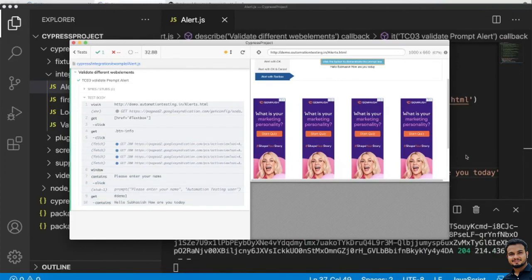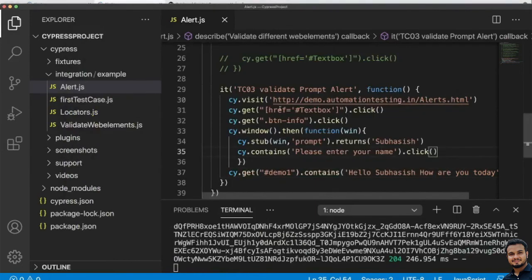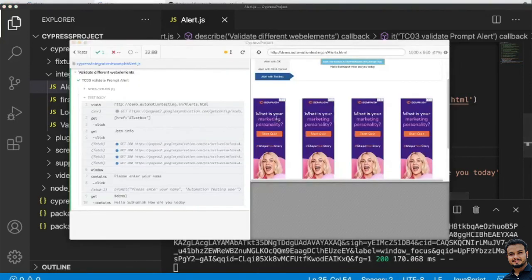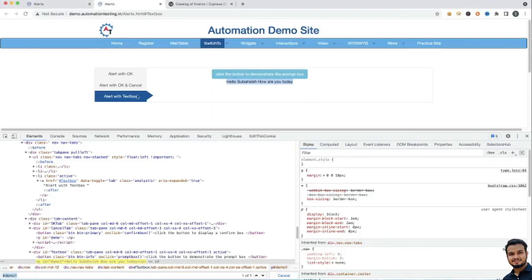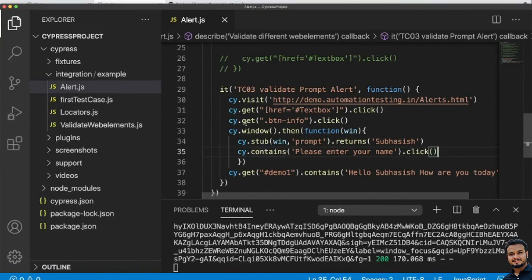So here you see what we did. First we navigated to this URL, then we clicked on this first alert, the prompt alert, what we saw here. We clicked on this, then we clicked on this, using these two lines of code, right? Then finally we used cy.window then function. This is your variable.